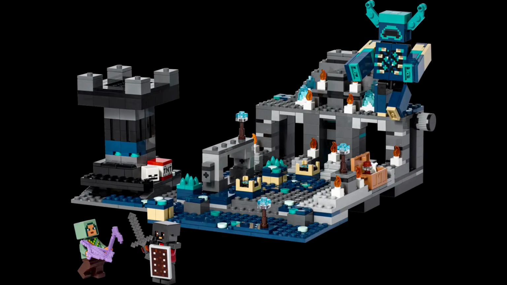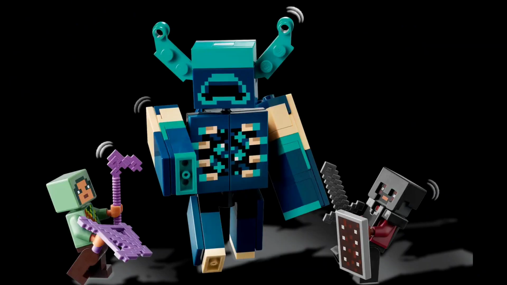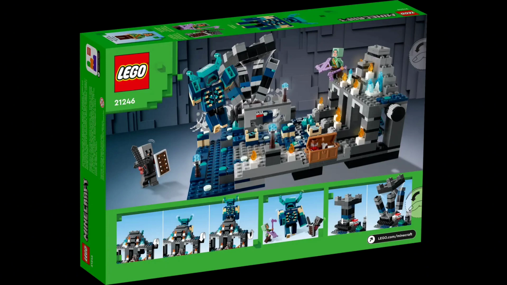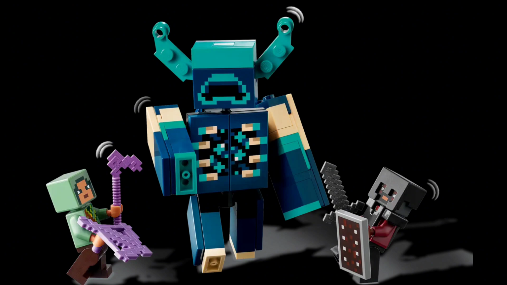And moving on, in spot number 2, from the January wave, we have the Deep Dark Battle. The most anticipated set of 2023 being that it had the Warden in. Of course, the Warden came out last year, and it was a really cool mob. It was like another boss mob, yet it wasn't really a boss mob. It was just a really strong one that comes only not very much. It's very rare to find because ancient cities are quite rare. So you're not going to find it very often, but it was a really cool mob,